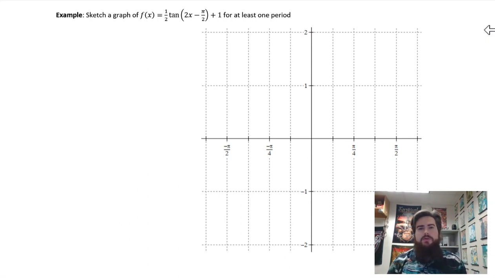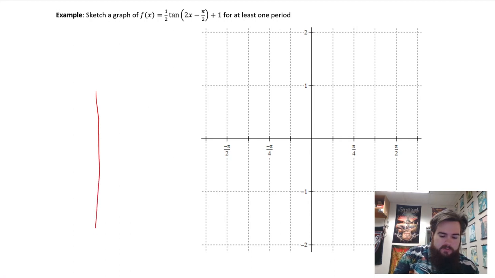I'm not going to use the typical values that I had done before for sine and cosine, that being 0, pi halves, pi, 3 pi halves, and 2 pi. The reason for that is because all I would get are asymptotes and values along the midline. In this case, I'm going to use the values for tangent that span from negative pi halves up to pi halves with increments of pi fourths in between. So that means the original set of values I'm going to work with